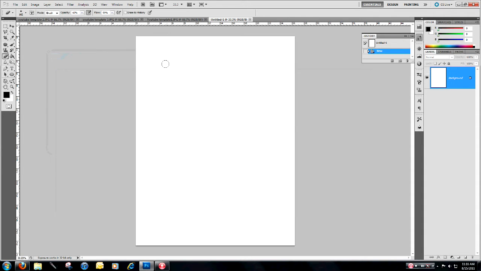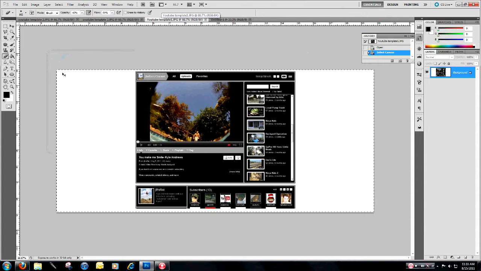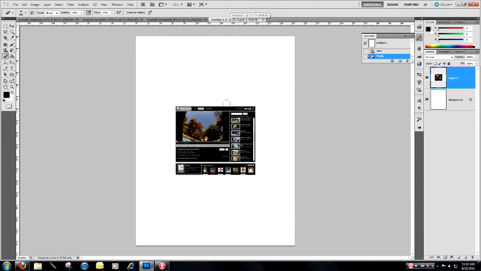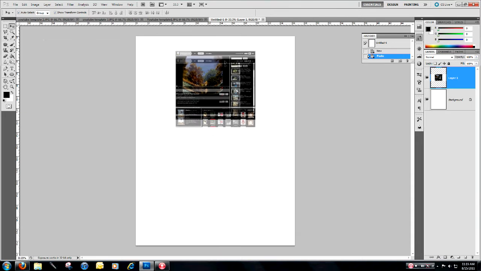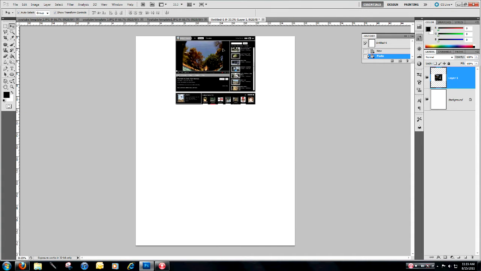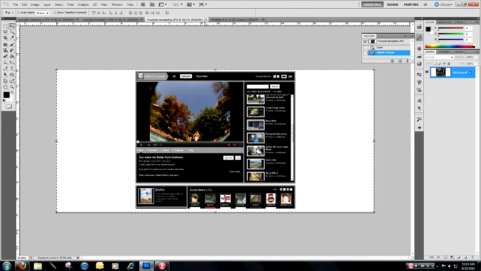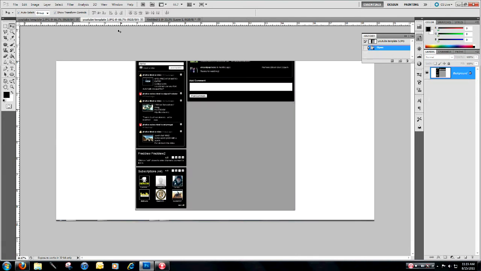Alright, okay. Now we're going to go over to this, Control A to select all, Control C to copy, bring it over here, Control V, and then we have it pasted in here. Now you're going to grab this tool, click on it, hold shift, and drag it straight up. The shift makes it so it goes straight up, and drag it all the way to the top, and then you can go to this, then close that, then get your second one,